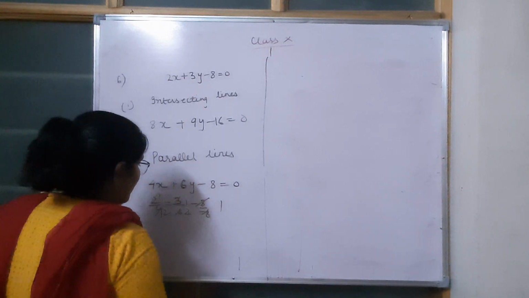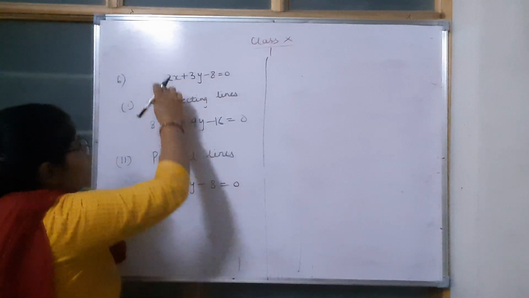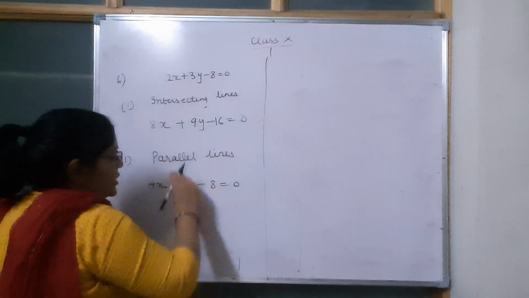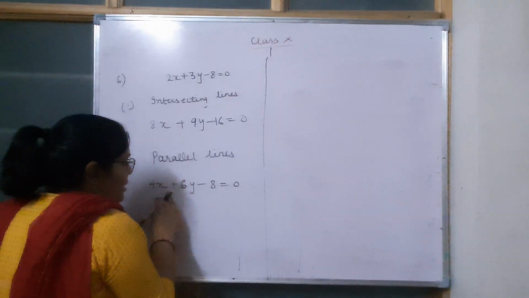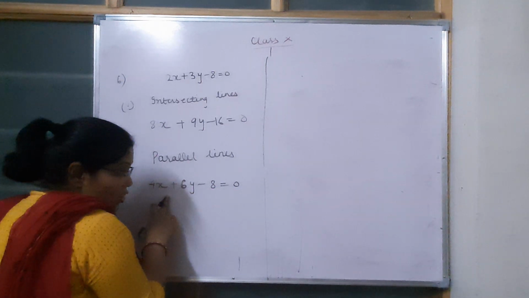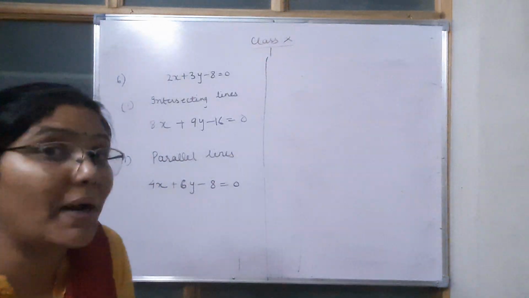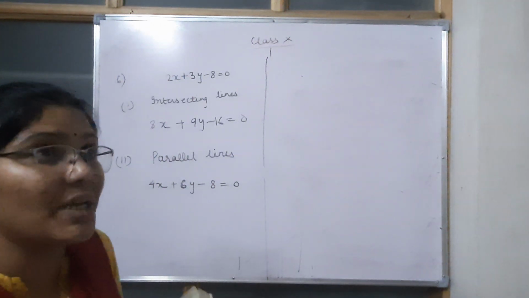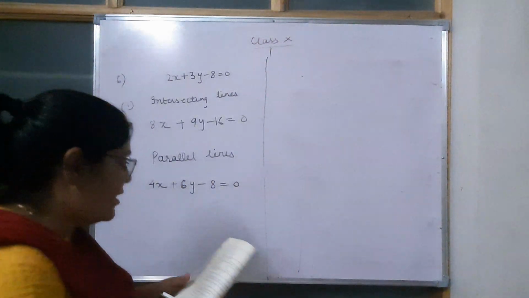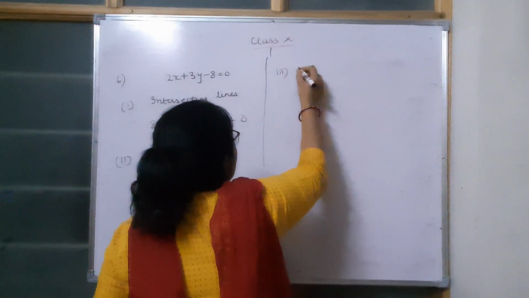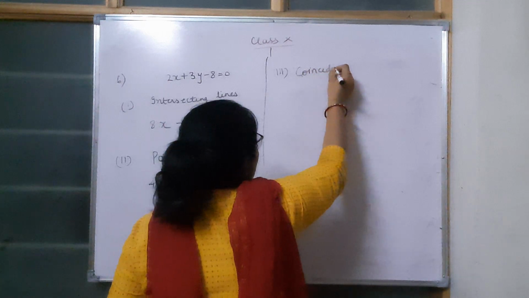We got that? It means what? 2 upon 4 is 1 upon 2, 3 upon 6 is 1 upon 2, but minus 8 upon minus 8 is 1 upon 1. It means a1 upon a2 is equal to b1 upon b2, but not equal to c1 upon c2. It means the lines will be parallel. Now third, coincident lines means